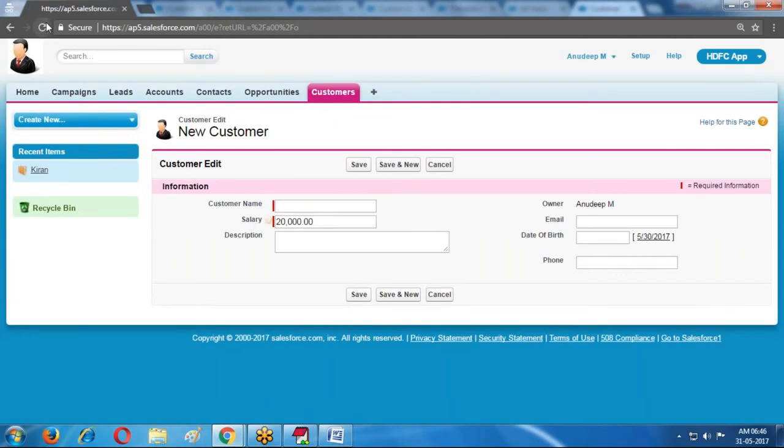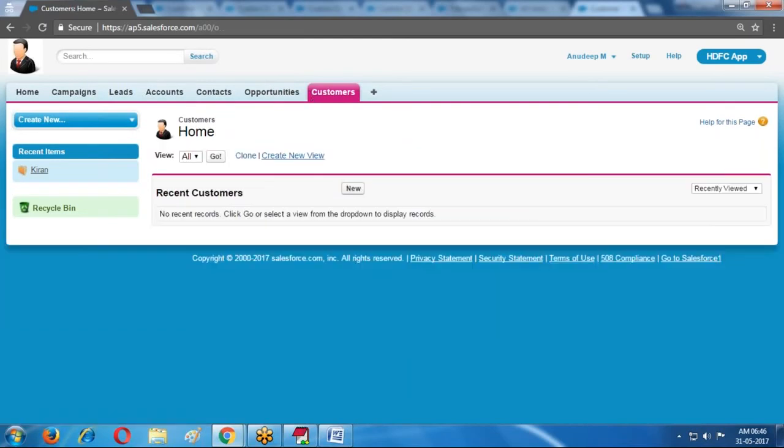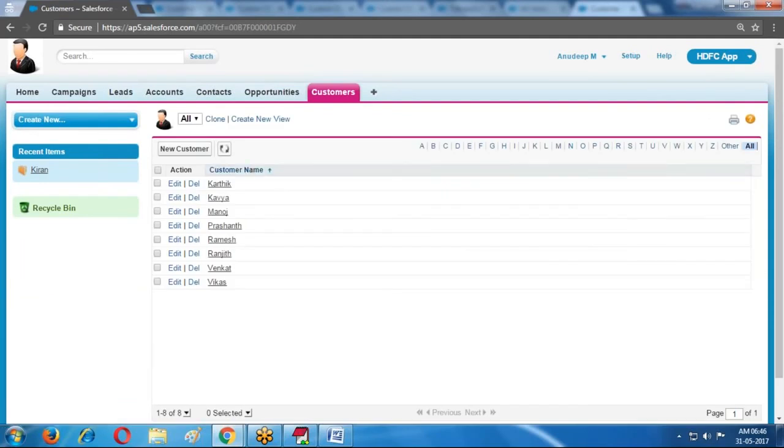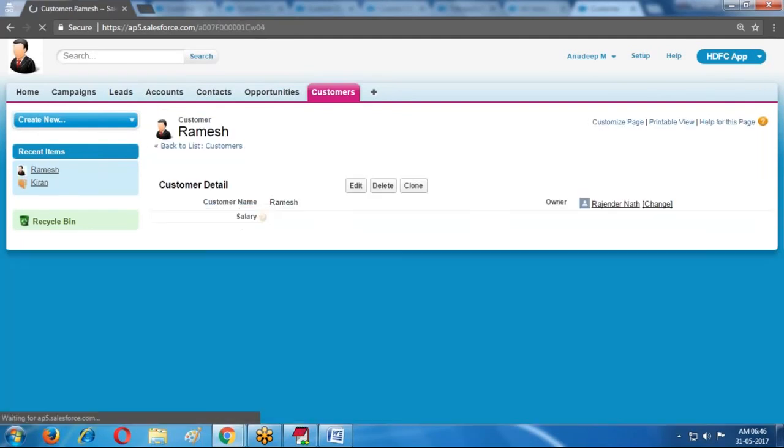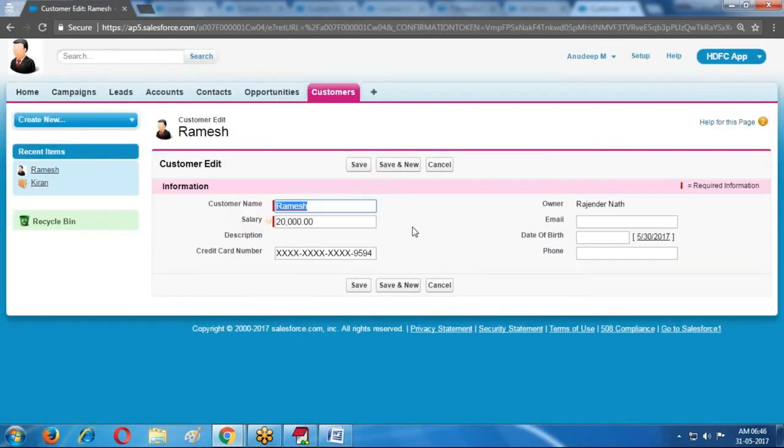If I refresh, I'm getting credit card number here. Now, if I enter here, okay, already we have provided a credit card number. This is the number. Is it visible? No. For this user also it is not available.